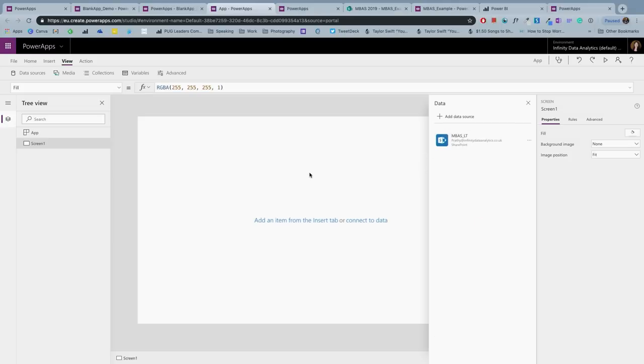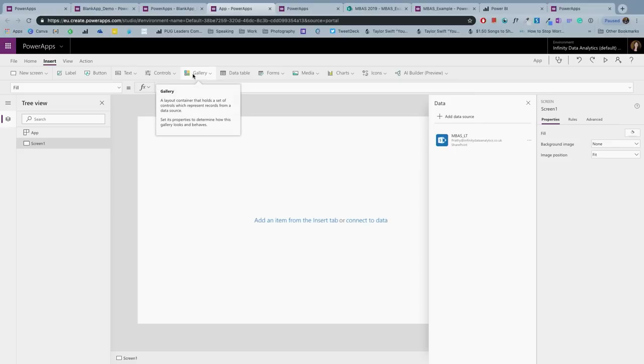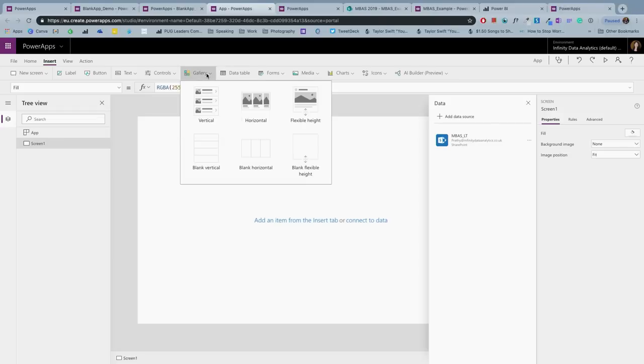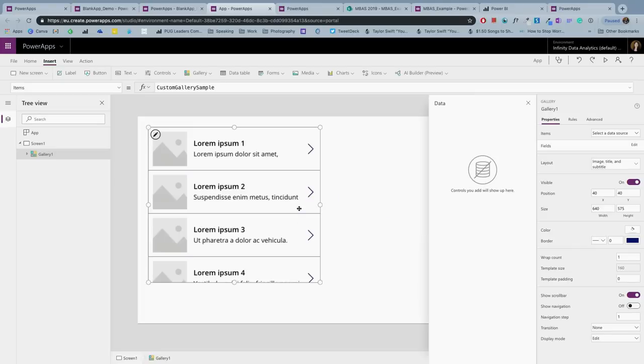So now what I'm going to do here is go to insert, and there are various items that you can insert onto the PowerApps canvas. That is where to put the data in. So for this, we're going to use a gallery, and I'm going to put a vertical gallery item. And by default, it already chose some things. But I'm going to change the